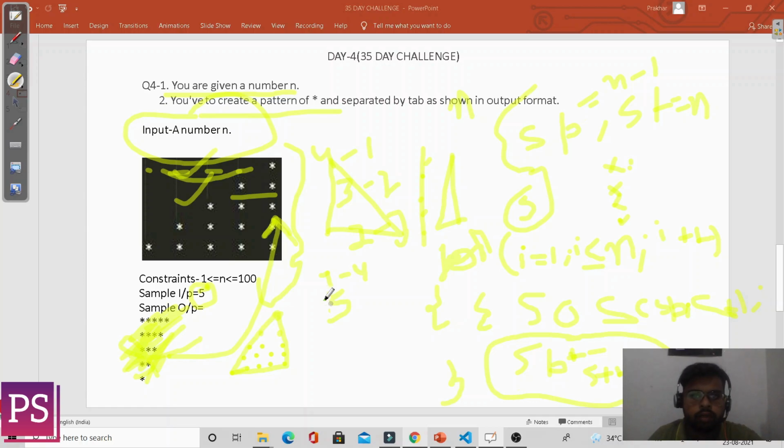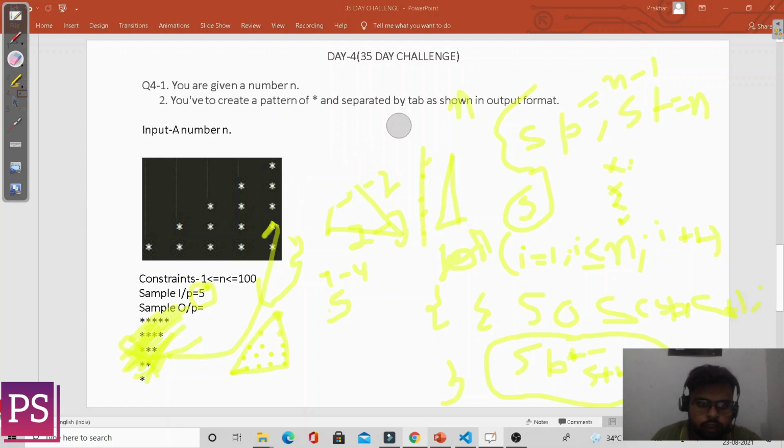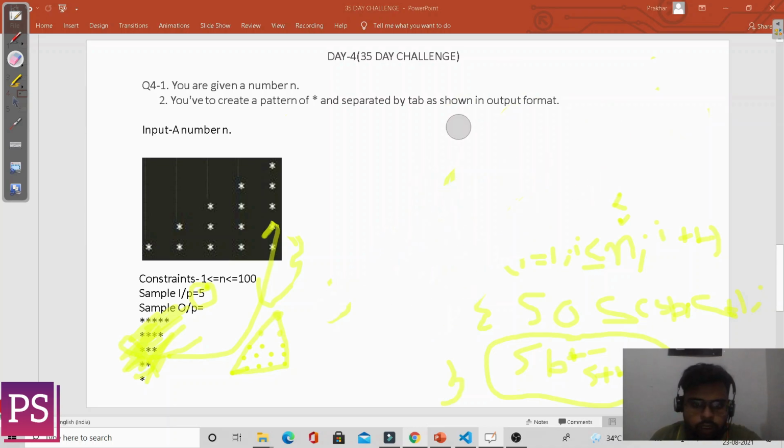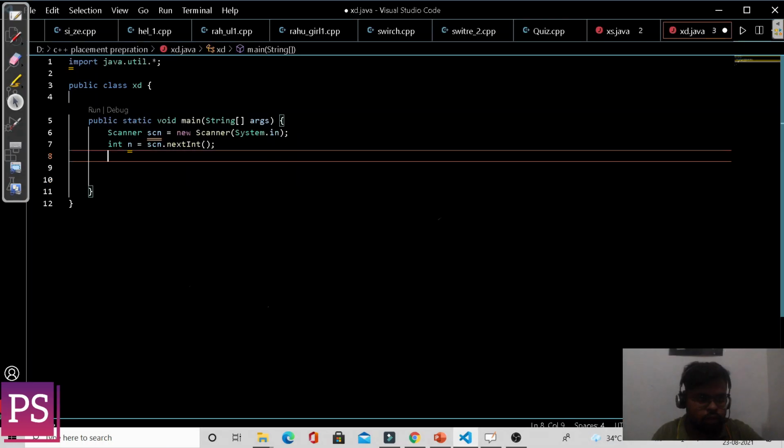So now let's move on, as this has become very hodgepodge and we are very close to our solution, so we will be doing the coding, and there I will explain the further part of the question. I hope this part has been clear to you all. Now let's move towards VS Code. There we will code this question and get the output. Okay, so let's start with the coding.